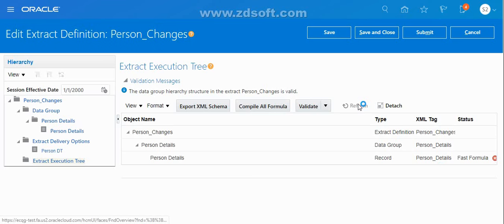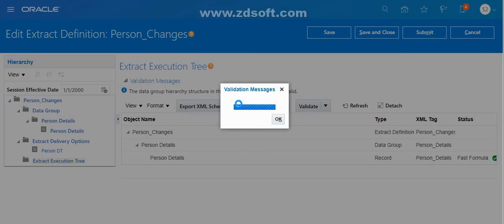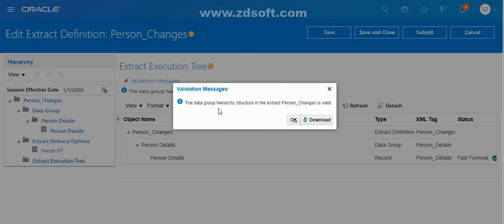Yeah, it goes to green status, which means it has succeeded. Now let's see the validation status. The data group hierarchy structure in the person extract changes is valid. That's fine, we are good to go.